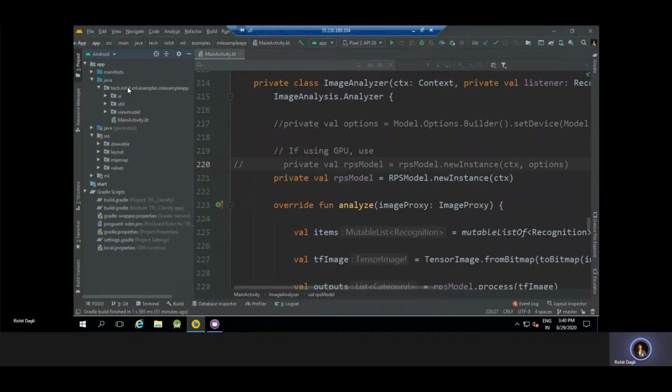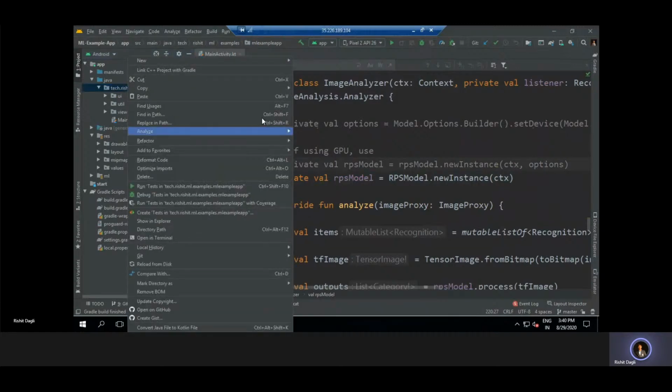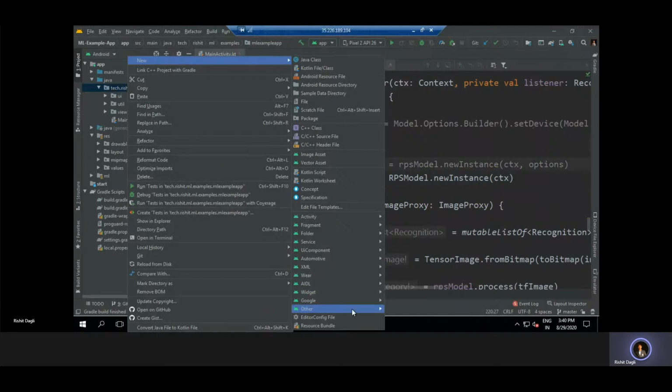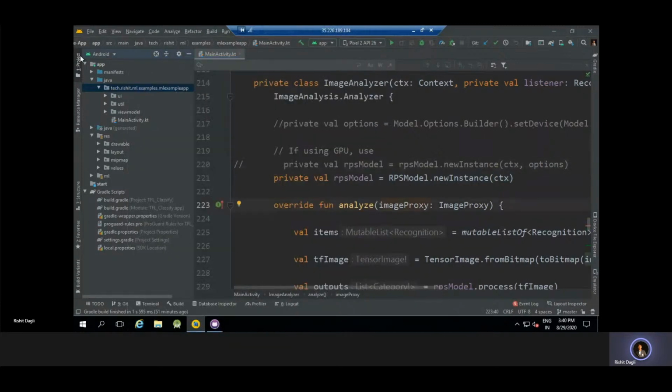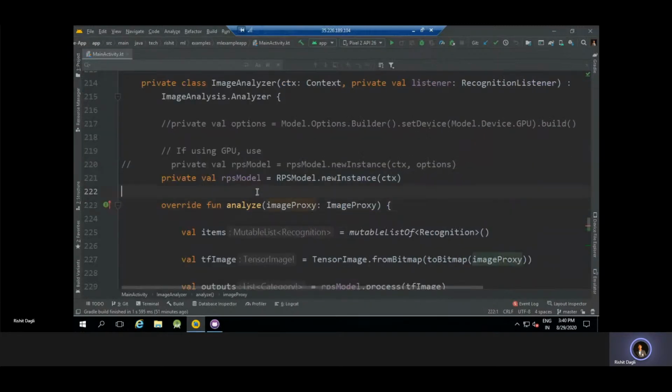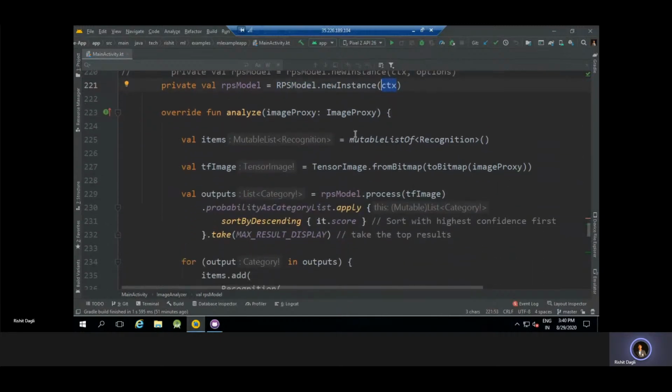And I can just right click. I'll go to New. I can see Other over here, and I see a TensorFlow Lite model. As of now, I've already imported the TensorFlow Lite model for you, but here's how you can import the TensorFlow Lite model for yourself. Let's minimize this again. Great. I'm using a rock paper scissors model, so the name, and I'll pass it the context. Let's go a bit down. Here's the part